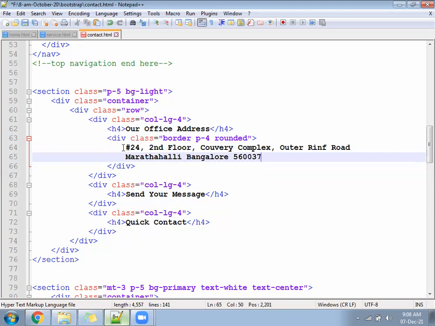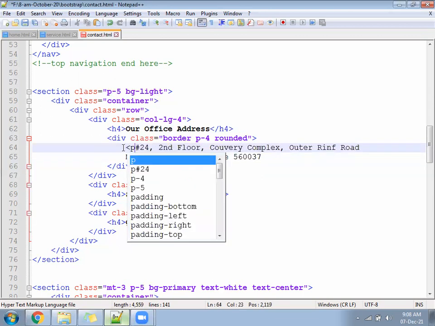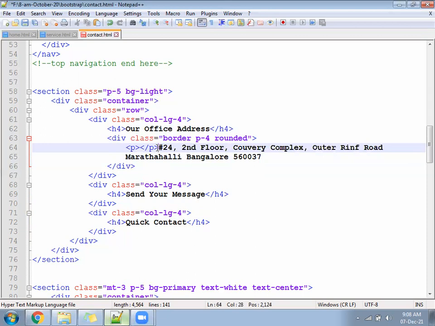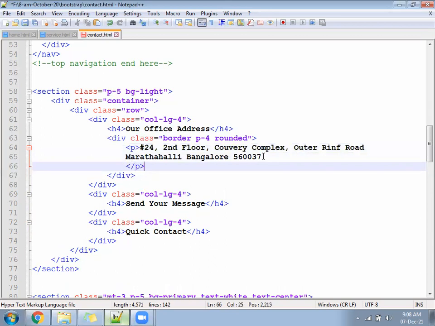This should be within a paragraph. You should not write without a paragraph. Keep it inside a paragraph.